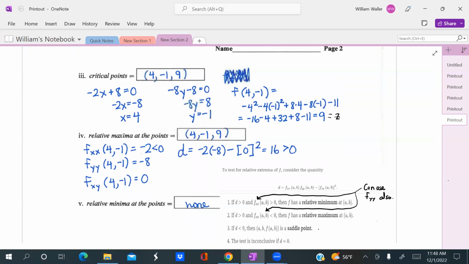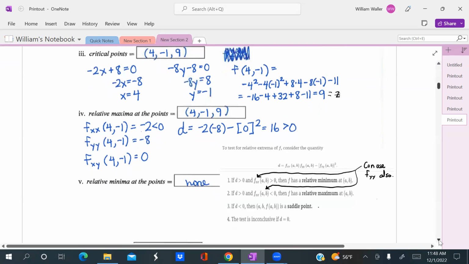So the actual coordinates of the critical point on the surface will be (4, -1, 9). And what we want to do, of course, is check to see if that is possibly a local maximum or possibly a local minimum,